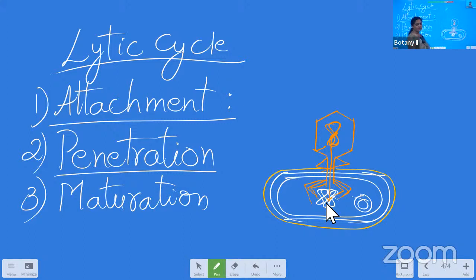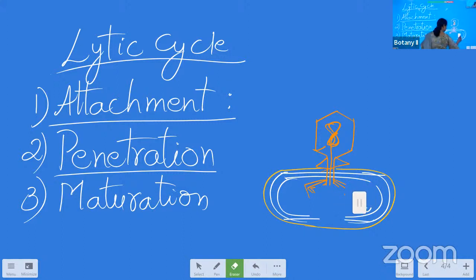Immediately the viral DNA makes the bacterial DNA disintegrate. That means it completely removes the bacterial DNA, including all the cell organelles of the bacteria in the cytoplasm. That means the bacterial DNA will not be there and the plasmid will not be there. So it is having only the cytoplasm,